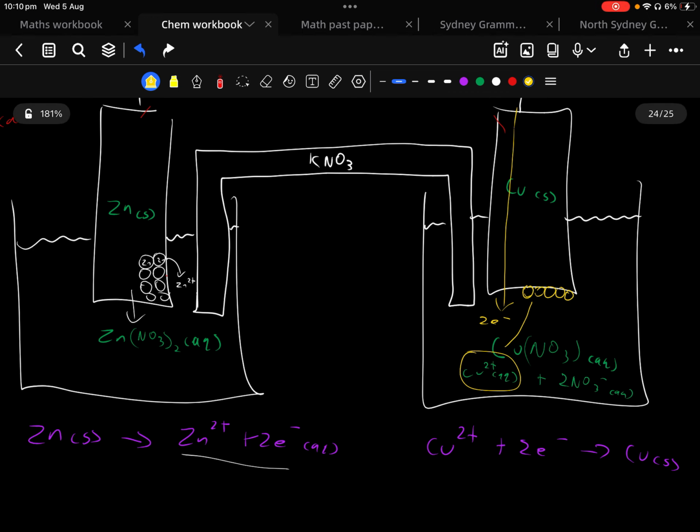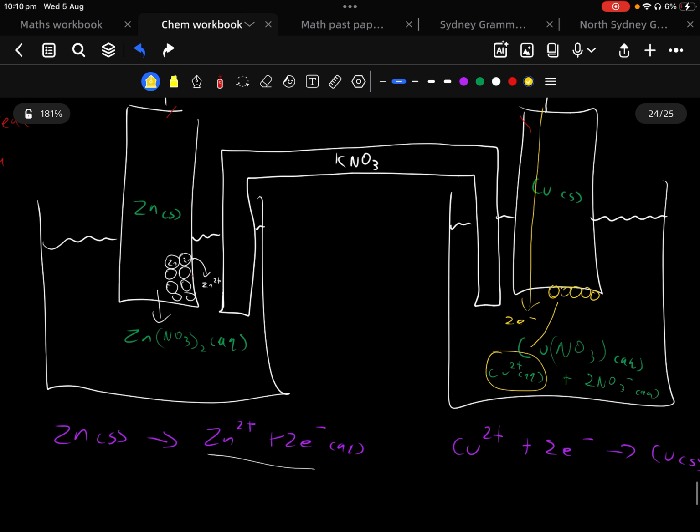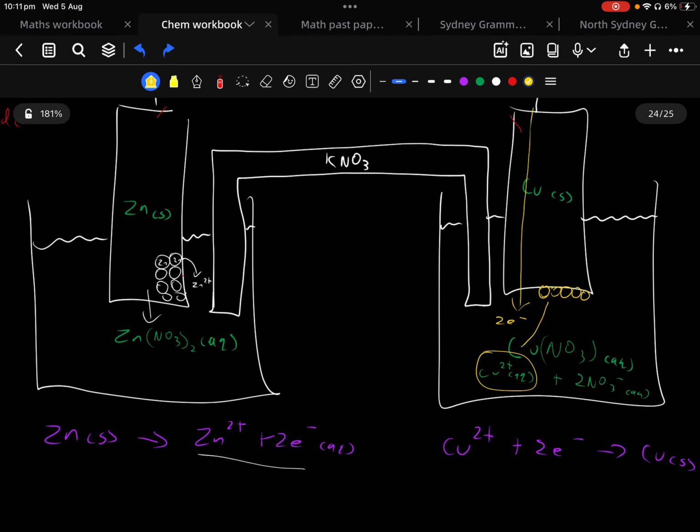And as that occurs, the zinc side becomes unstable, and this is why we have the salt bridge. As zinc ions accumulate, and because the copper ion is collected by the electrons to create a deposit, which leaves us with nitrates,